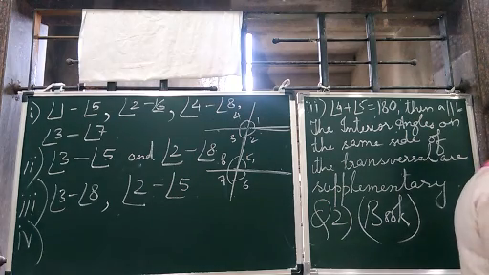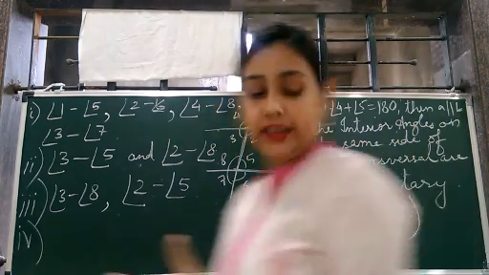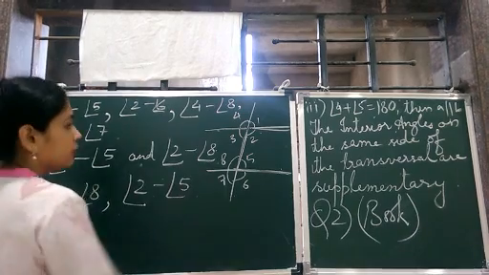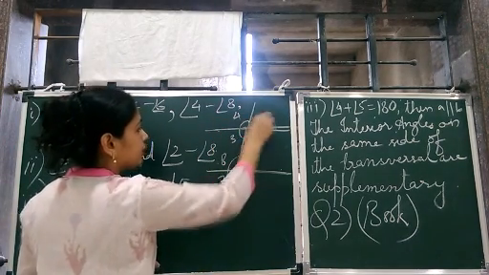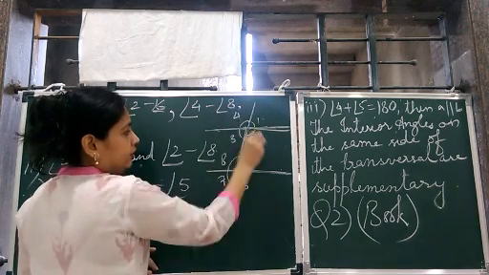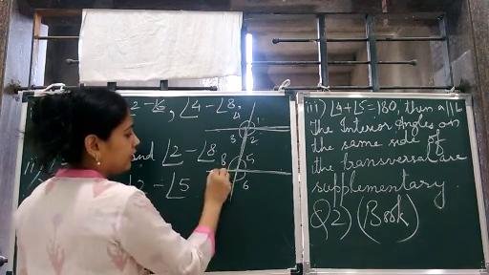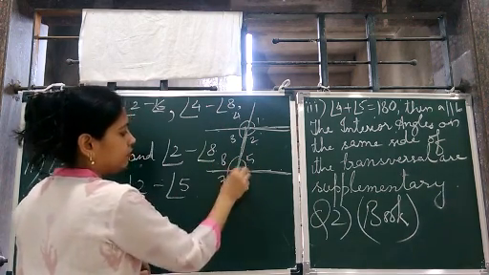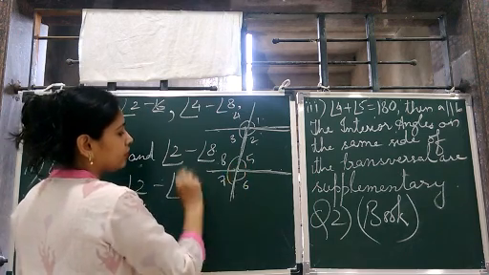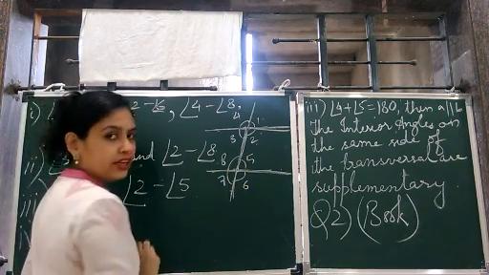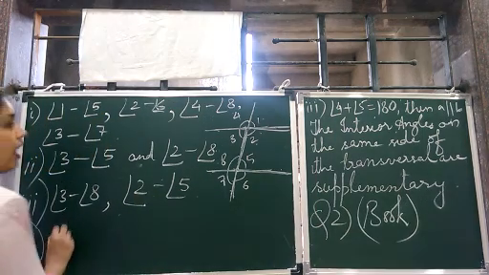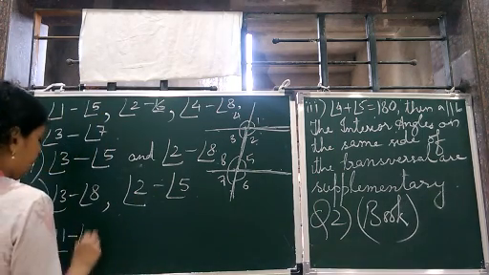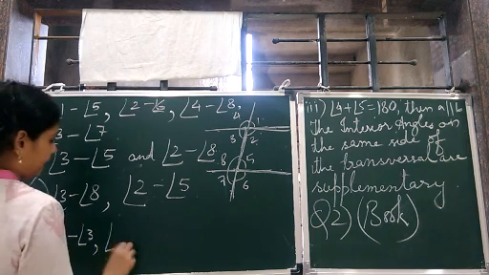Fourth one. The vertically opposite angles. Vertically opposite angles means those that form an X like this. So these two are vertically opposite. These two are vertically opposite. Similarly, the angles joined at the vertex. So these two are vertically opposite and these two are vertically opposite. Okay. So angle 1, angle 3, angle 2,